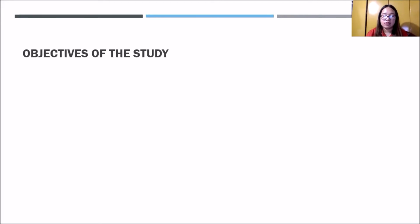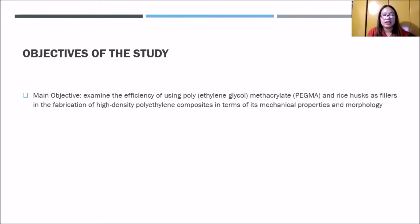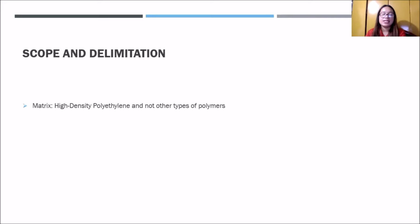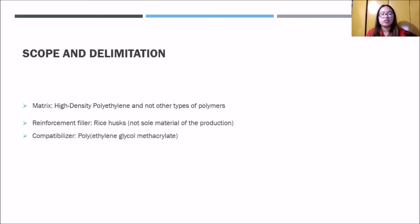So for the objectives of the study, its main objective is to examine the efficiency of using PEGMA and rice husks as fillers in the fabrication of high-density polyethylene composites in terms of its mechanical properties and morphology. So for the scope and delimitation, the only matrix to be used is high-density polyethylene and not other types of polyethylene and polymers. Its reinforcement filler is rice husks, and it is not the sole material of the production. The compatibilizer will be polyethylene glycol methacrylate or PEGMA, and the only properties to be discussed would be mechanical properties